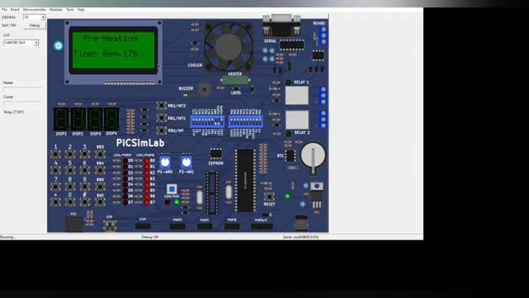Now we shall see the components. This is a matrix keypad, which is used to give the inputs. This is the PIC controller, which controls the microwave oven. This is the CLCD display. There are two types of CLCD display, 16 cross 2 and 16 cross 4. We are using the 16 cross 4 display. This is the cooler, and this is a buzzer which gives a buzzer sound.